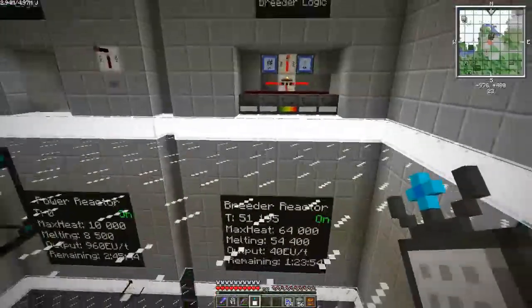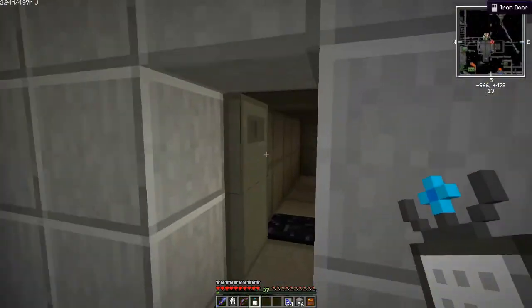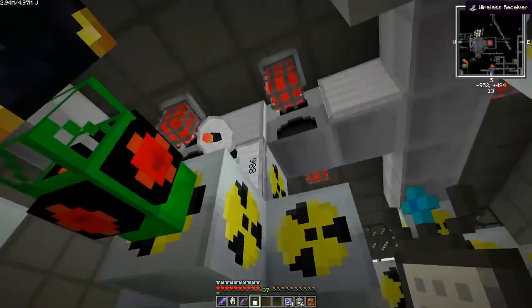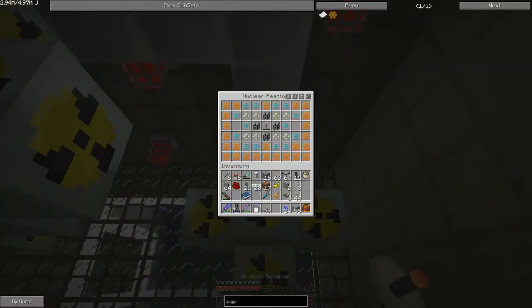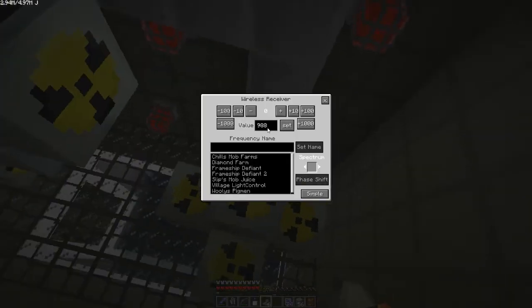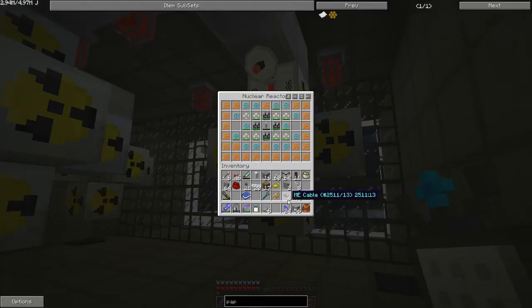Okay. Right, so then what we're going to do is we're going to put our wireless receivers on these guys. 988. Like this. And I'll do that off camera. And then what we're going to do is we're going to...